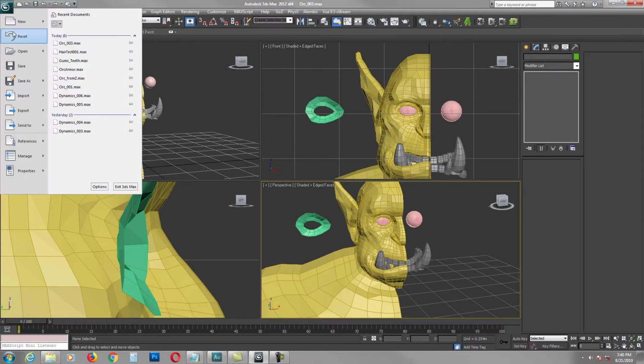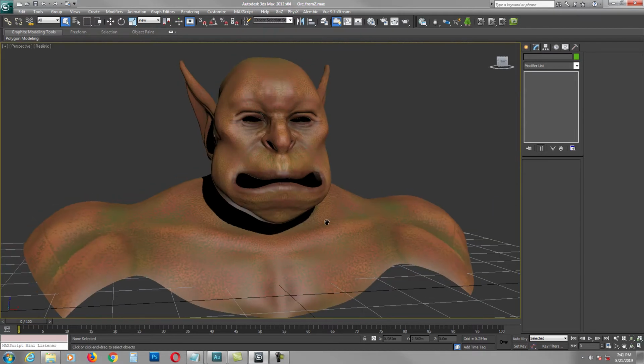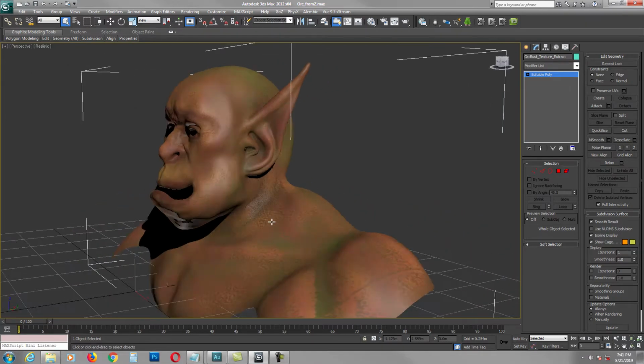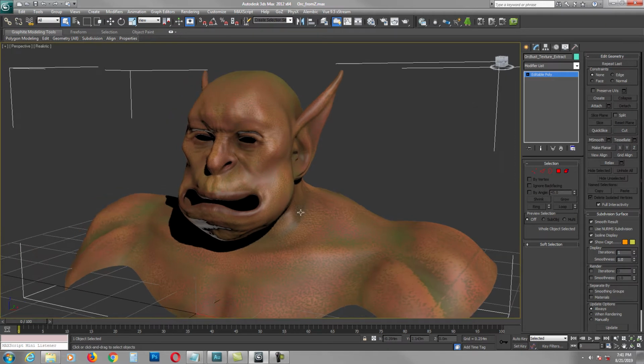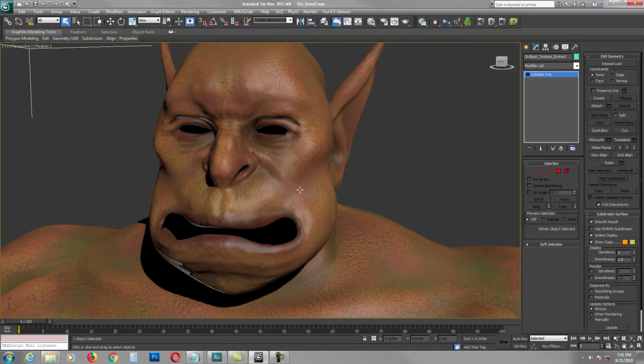So let's open another file, because I saved this file in progress, and I think I did armor or this one. So this is the model with a finished texture. It has the texture and it has some details on it if you render it, but what we're going to